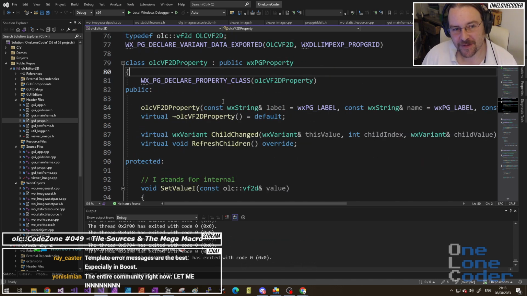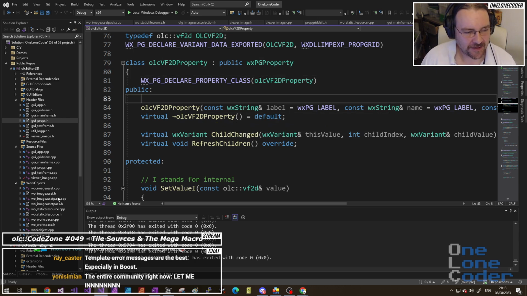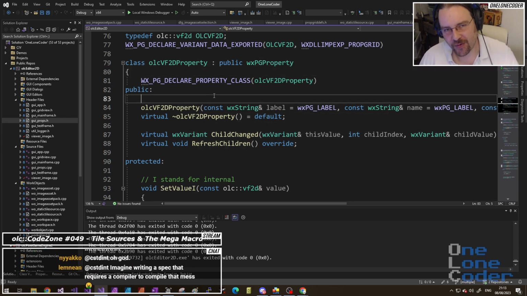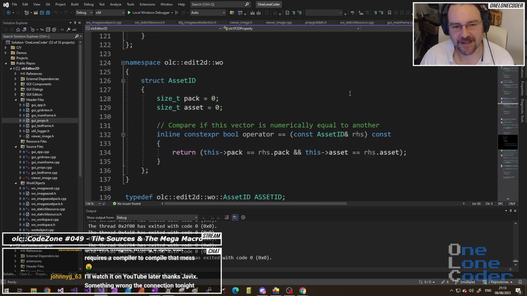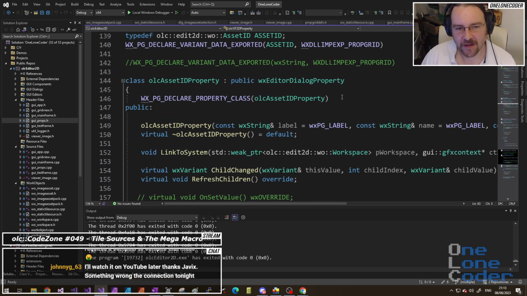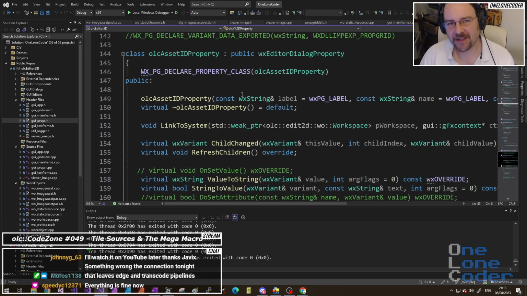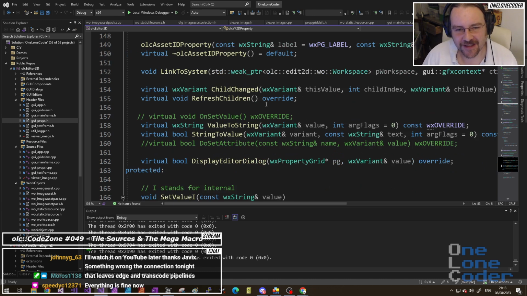So I created a property for basically the basic vector type. And then I thought, right, okay, now I know what I'm doing with these properties. Let's create one for this asset. What's the difference? I've got an asset pack and an asset ID. It's two properties. I could, in fact, use an OLC VI2D type, right? Two integers, just linking that information. No,